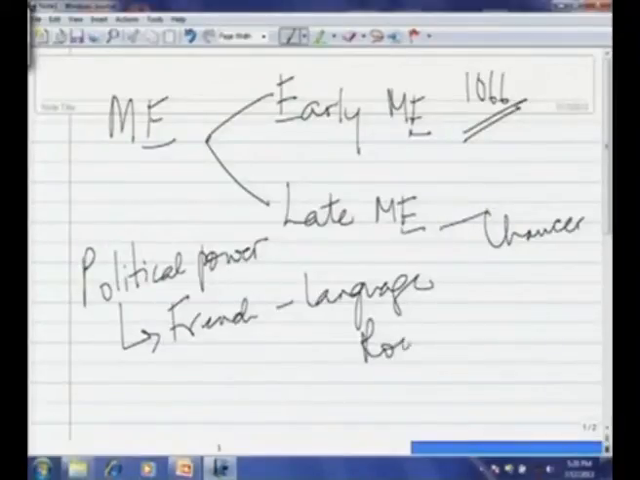Language of the royal court. Right. Now, once it becomes the language of the royal court, it is quickly taken up by the three most important sections, apart from the royalty. For instance,